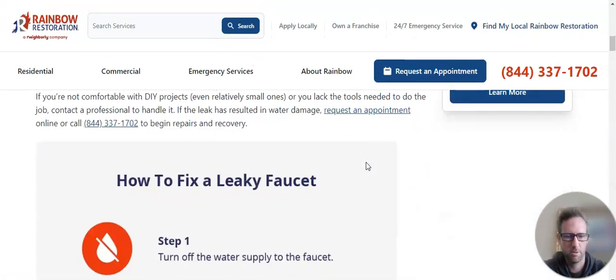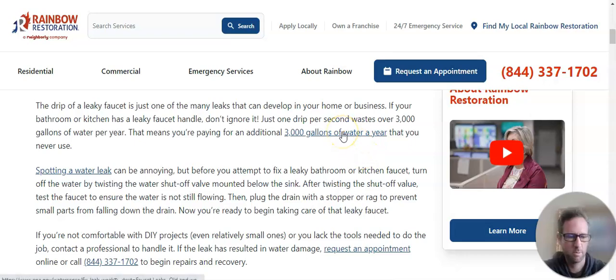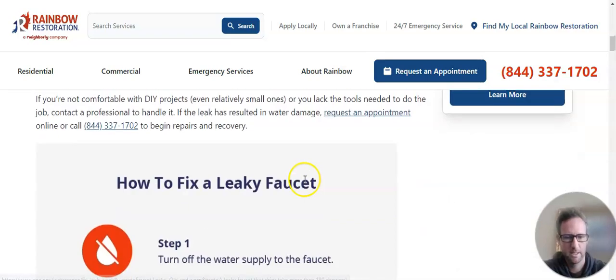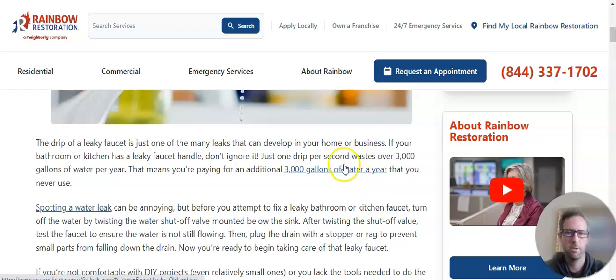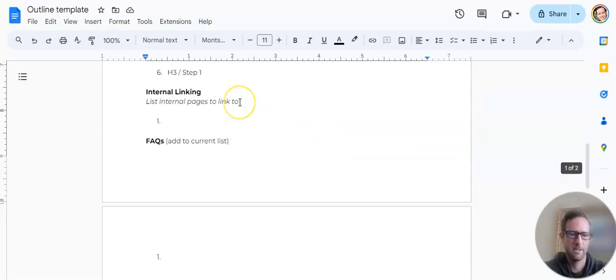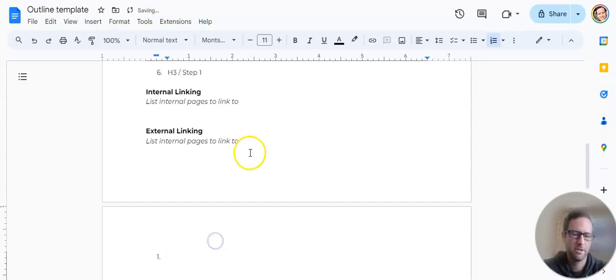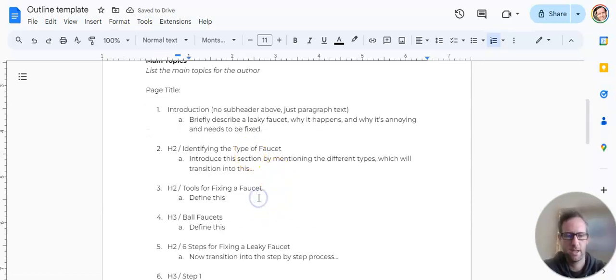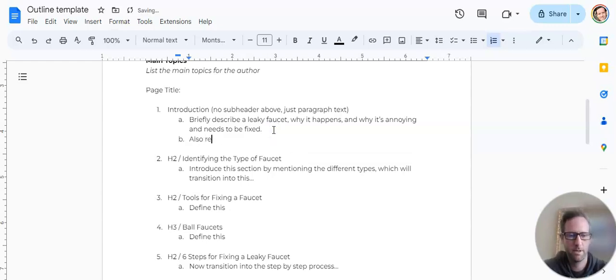And right as we scroll through, we see there's links to some credible resources, .gov. So we know that we're going to want to include some external links, some relevant external links. So then typically in the outline, I would make mention of that. And this is one thing that we probably should just add to our templates, but I would also add an external linking section. You either add an external link, or a lot of times we'll just put it in here and we'll say, when you're in the introduction, also reference,